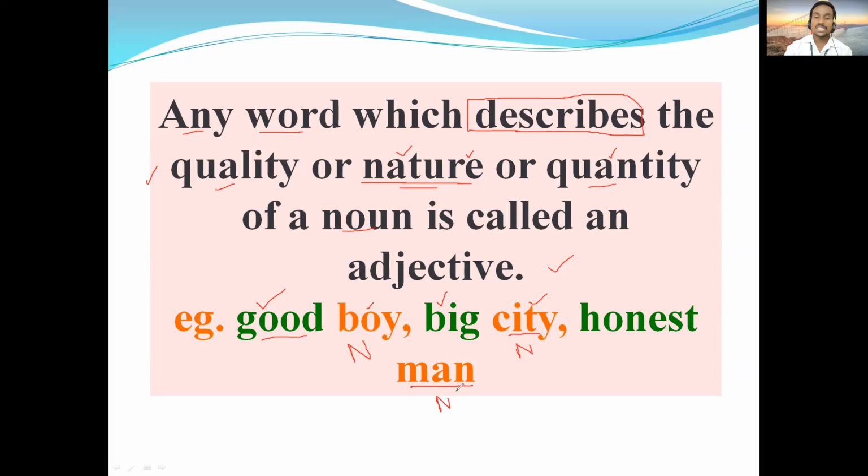Next is man. Man is a noun. To describe man, we are using the adjective honest. With man also we can use a number of adjectives: good man, bad man, tall man, short man, clever man. Here honest is a quality, good is a quality, big is also a quality. These are some examples of adjectives, and I'm sure everyone is able to understand them. There is nothing new we are learning here. In fact, new is also an adjective. These are things you have already studied, and here we are just revising them.